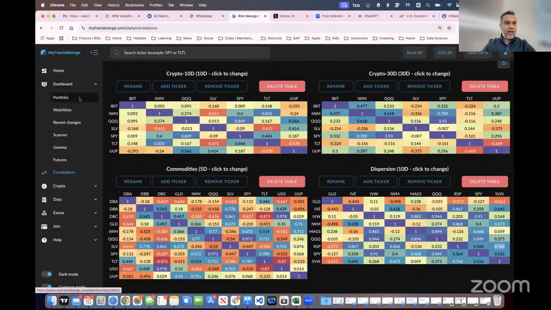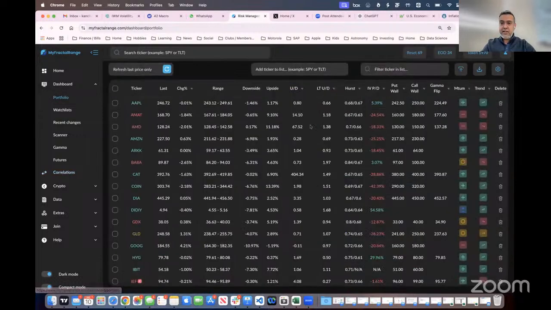Yeah, definitely. We recently had a new enhancement in MFR, so now we are able to get a put wall and call wall in our portfolio as well. Apart from looking at just the normal term ranges, I use these gamma put walls and call walls more as well. If the up down ratios are looking favorable and the lower end of the range is closer to the put walls, that's a signal for me that there is very strong support for that. I use that gamma in my analysis as well.